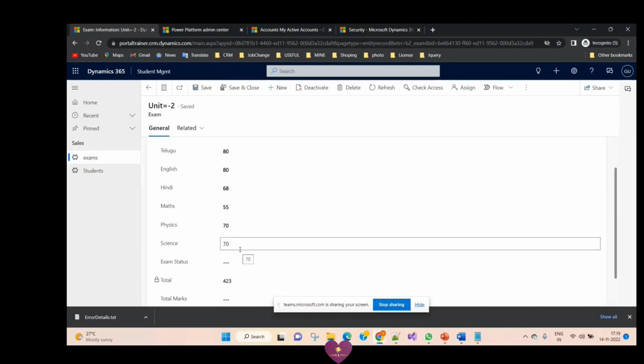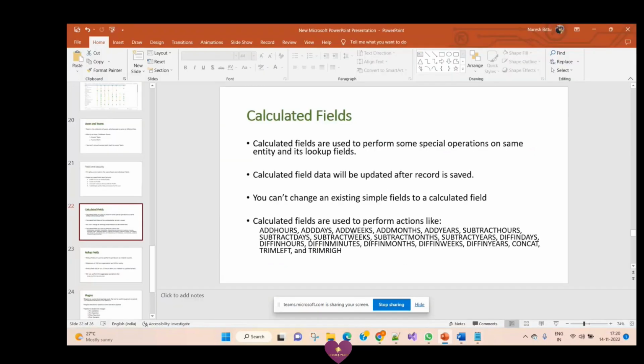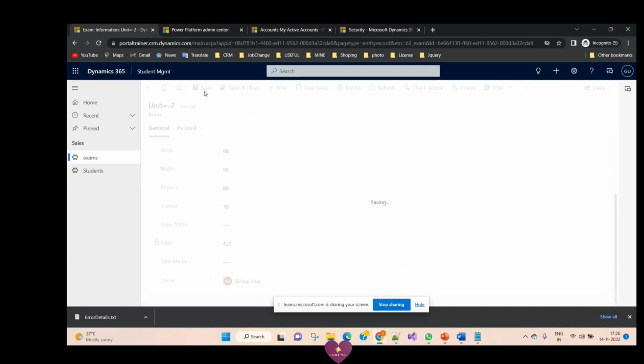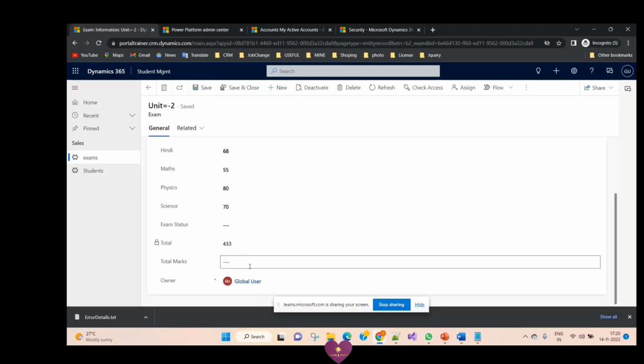Whenever you want to perform any calculations, or if you want to add days to a date field, add hours, anything, you can see here we have different options: add hours, add days, add weeks, add months. If you want to perform this type of operation at entity level or lookup field level, you can go with calculated fields. By default, a calculated field will be locked and it will show like this. If you want to update anything, it will be updated only after the record is saved. This is the calculated field,